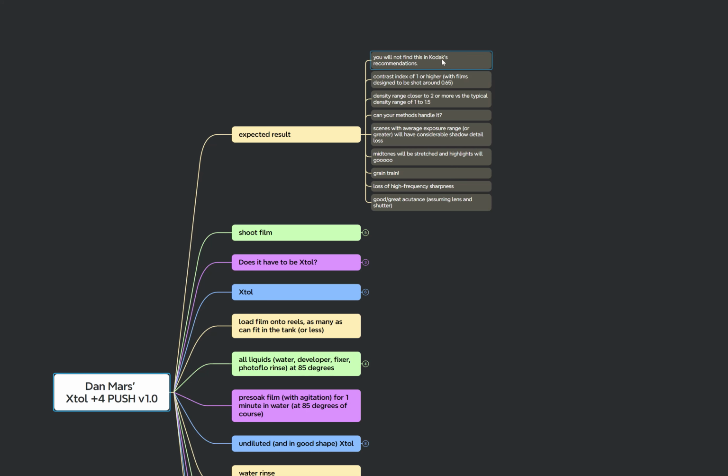Yeah, so this is not in Kodak's recommendations, right? For Tri-X, for example, they only recommend going up to like 0.85 contrast index, where this is going to be 1 or higher. And that's with films that are designed to hit that 0.65 contrast index, like a Tri-X. There are other films with more inherent contrast, and I'm not talking about that, right? I'm talking about your more pictorial films. The density range is going to be closer to 2 as opposed to what's typical, especially for 35 millimeter, something more like 0.8 to maybe 1.2. This is going to be 2 or closer to 2 or more,